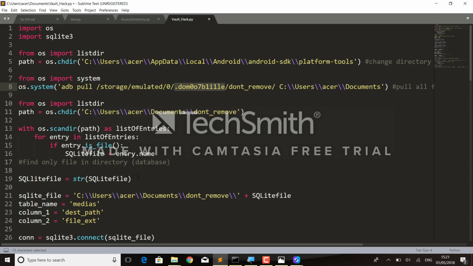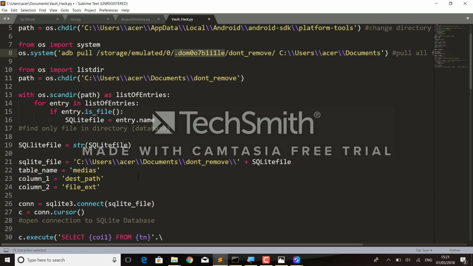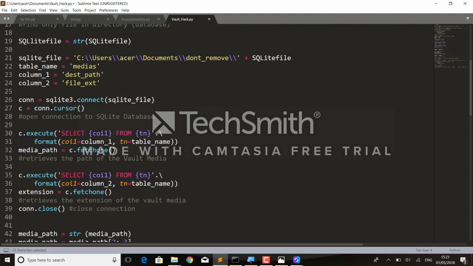So now we concatenate the file name along with the database name. So the SQLite file name is the name of the database. We concatenate that with the path that it would be in, and we store these for further use to query the SQLite database. So after we open the connection right here,